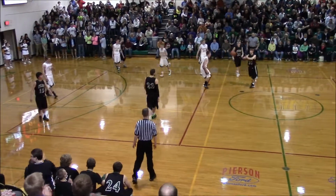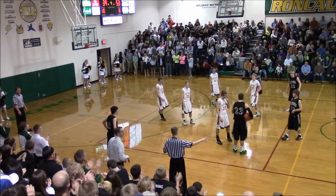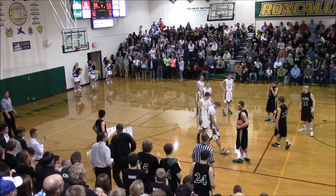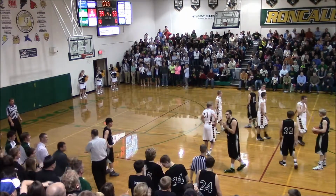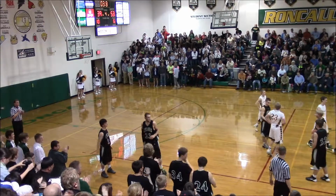Prouty will give the ball back off to Dylan Miles, and you can hear the Clark fans here very happy with 20 seconds to go. The Cyclones are going to win the outright Northeast Conference title here this year, and a win against the closest contender on the Roncalli's home floor to wrap it up. And so a great regular season for a Clark Willow Lake team that is going to be really, really good